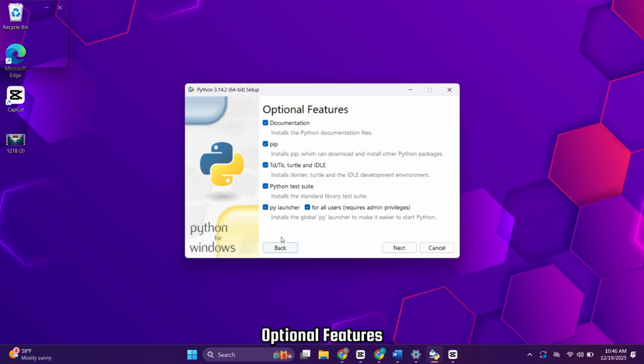On the Optional Features screen, keep everything selected. This will install pip, which is used to download and manage Python packages. It will also install IDLE, which is a simple tool used to run Python programs. Click Next